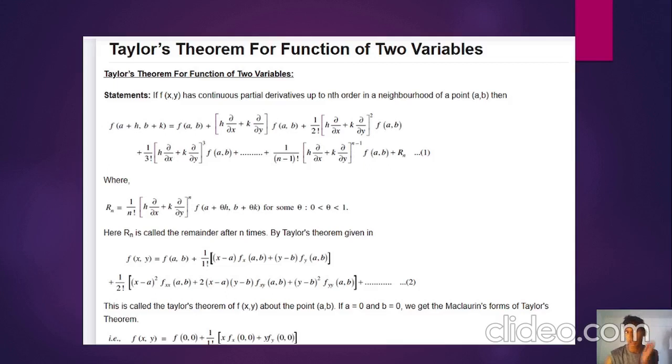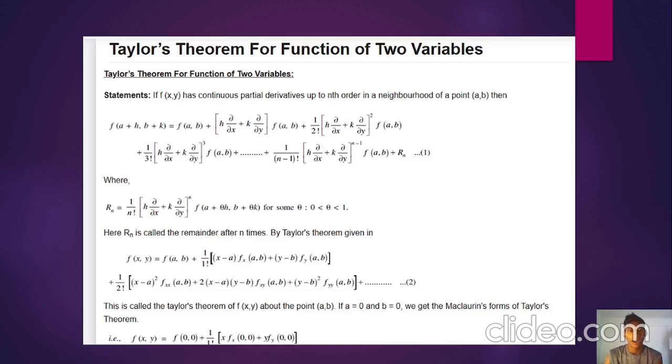Taylor's theorem for functions of two variables, statement: if f(x,y) has continuous partial derivatives up to nth order in a neighborhood of a point (a,b), then f(a+h, b+k) is equal to f(a,b) plus (h ∂/∂x + k ∂/∂y) f(a,b) plus 1 by 2 factorial (h ∂/∂x + k ∂/∂y) whole square f(a,b), and then it continues for the nth order,